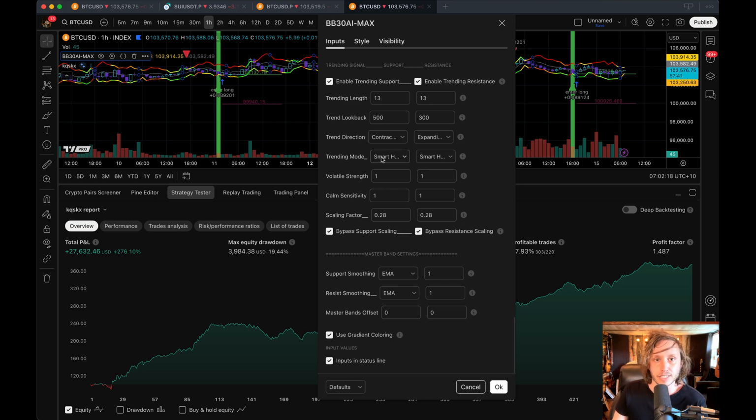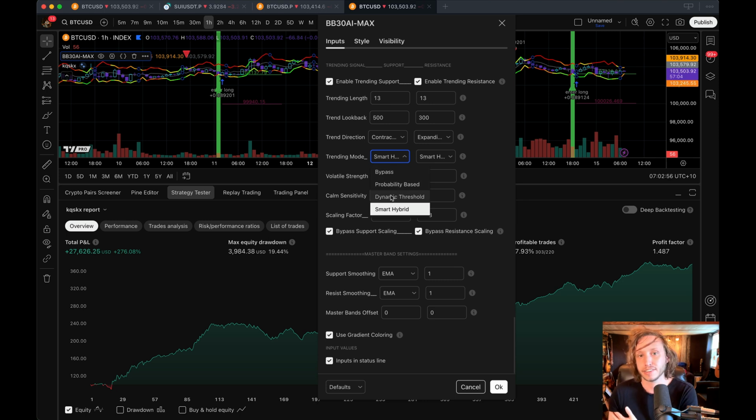Okay, the next thing to look at is trending mode. The smart hybrid is the default right now. Maybe I'll make the default bypass. I probably actually should do that. But bypass means that it's not going to change between different modes. One is probability based and one is dynamic threshold based. Those are just the internals, the internal math and technology that's happening. It's just smart hybrid is choosing between these two modes over time, or bypass over time, depending on the market